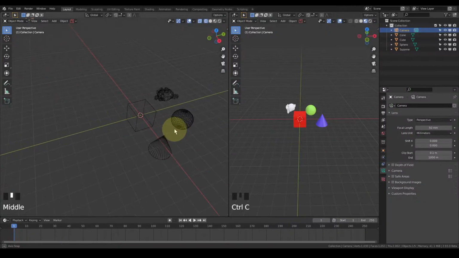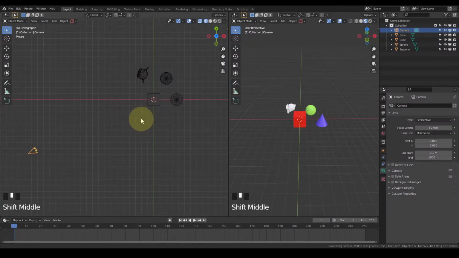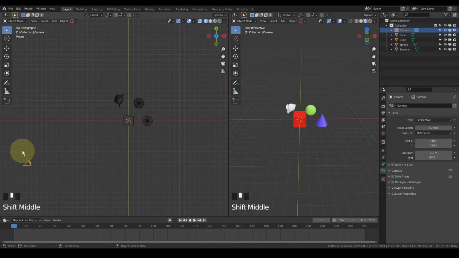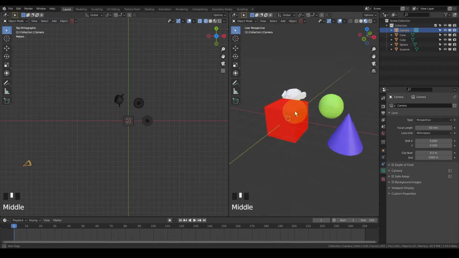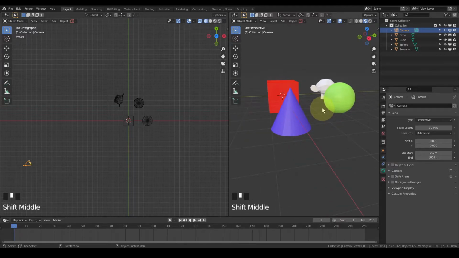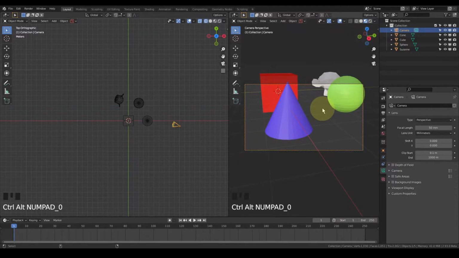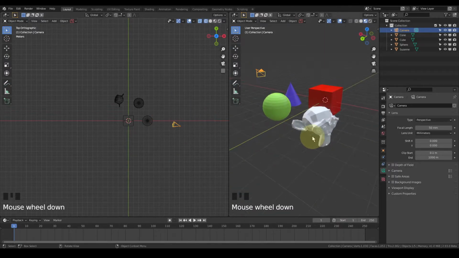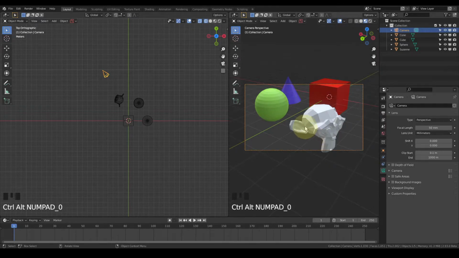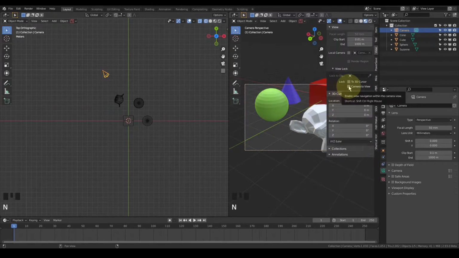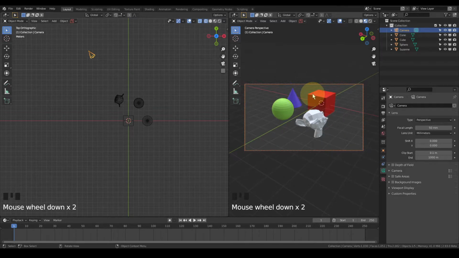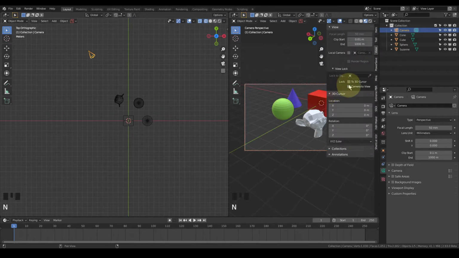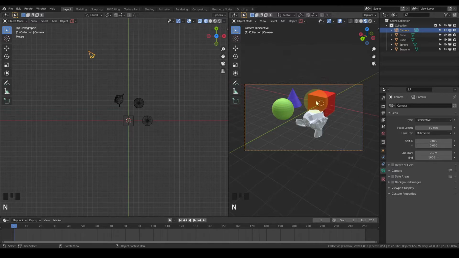I'll show you another thing. You can see the camera is over here. What I'm going to do is change the position of the camera in this view. Control Alt 0. You can see the camera is snapping to that area. Again, if I go here, Control Alt 0 on the numpad, and the camera snaps here. For minor adjustments, what you can do is just use Camera to View and then adjust. So this is the basics.